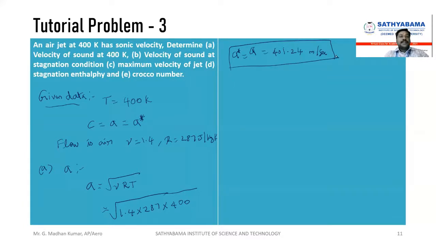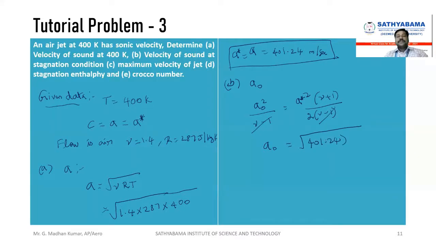And then we are going to find value B, right? So B is nothing but velocity of sound at stagnation condition. Okay, that is A naught. You have to find the value of stagnation condition. So for stagnation condition, A naught square divided by gamma minus 1 equal to, and we may use this A star square. Okay. So A star square into gamma plus 1 divided by 2 into gamma minus 1, right? So this gamma minus 1, all this getting cancelled. You have to find the A naught is equal to square root of your A star square is